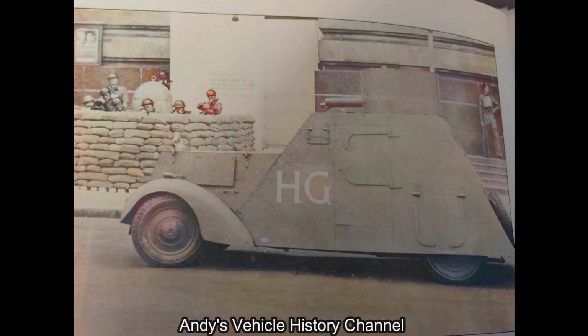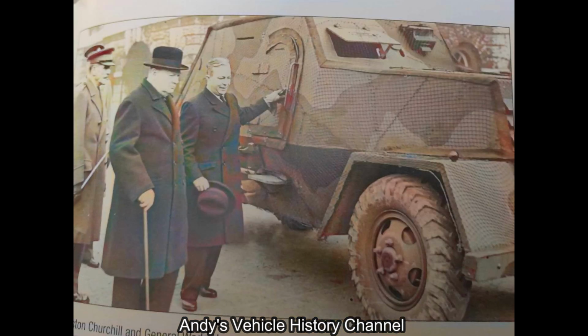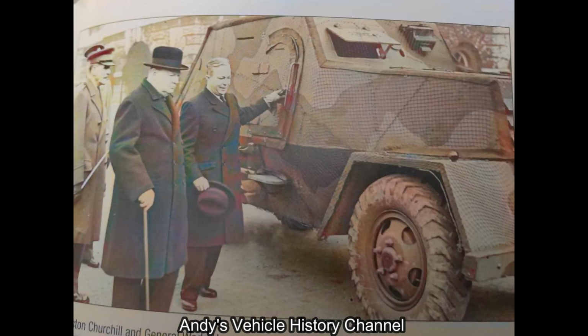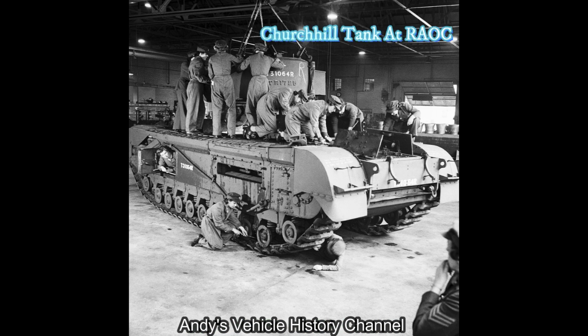Now, I don't know about you, but the armour on both of these Rolls looks very, very thin. It's nothing like the last video we did on the American armoured car, which of course turned out to be the Ford 1937 CEO chassis. I mean, that was thick and looked like a real war winner, and it did look like the Humber reconnaissance car, of course. It looked like basically a military vehicle that was made in a real military ordnance factory, whereas